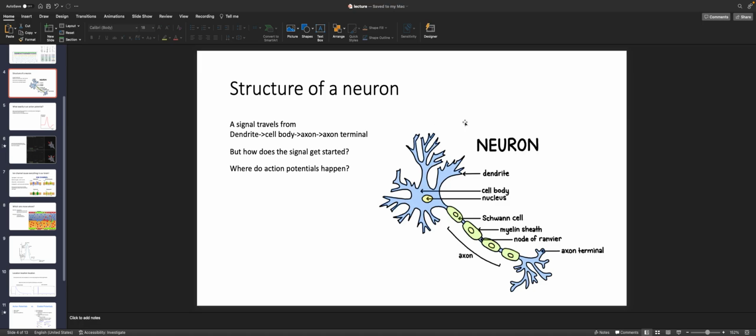But if it's a sufficiently strong signal, it will keep going into the soma, past into the axon hillock, where that increase in voltage can be sensed by a voltage gated channel, and then those voltage gated channels will kind of take over the rest from there, and then they will cause a big old action potential to occur, and that really causes the signal to propagate and go down the axon, as action potentials flow to the axon